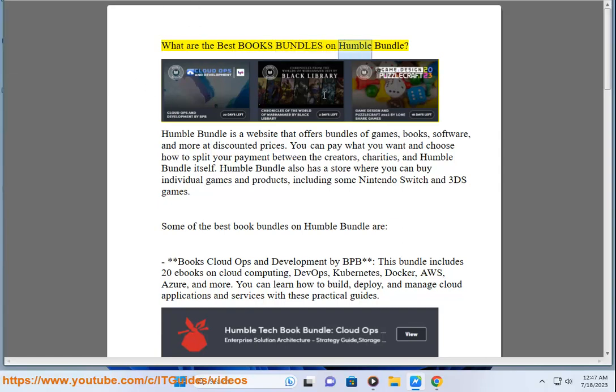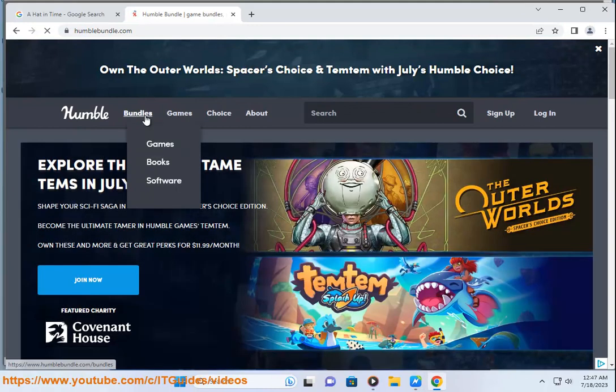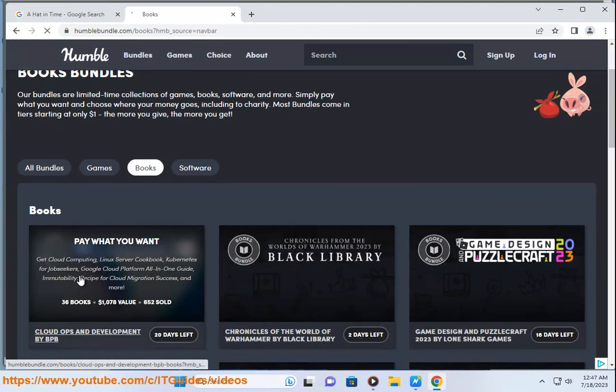What are the best book bundles on Humble Bundle? Humble Bundle is a website that offers bundles of games, books, software, and more at discounted prices. You can pay what you want and choose how to split your payment between the creators, charities, and Humble Bundle itself. Humble Bundle also has a store where you can buy individual games and products, including some Nintendo Switch and